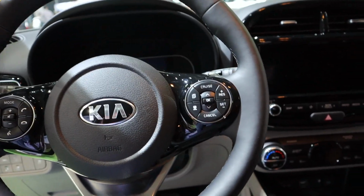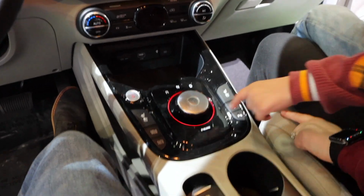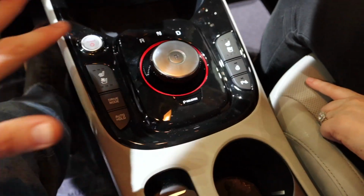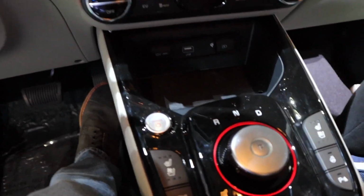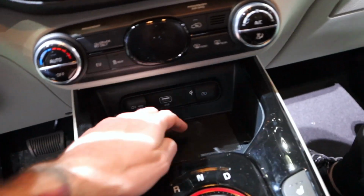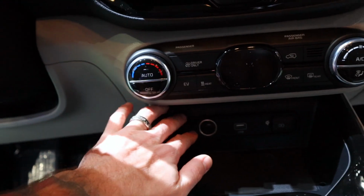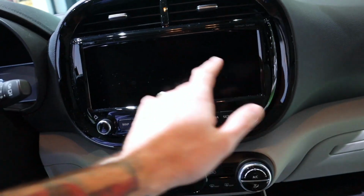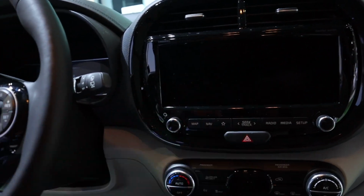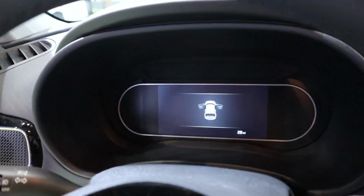So here's the inside of the Kia Soul EV. For anybody who watched our Niro video, very Niro-ish in here, which makes sense. They're both Kia EVs. So this is very familiar looking to me. You've got your kind of storage area up here with USB, and then your 12 volt, some kind of side panel storage, parking brake, drinking. It looks like, I estimate that probably a 9-inch, 10-inch screen, very rectangular, very nice. Very similar screen for the